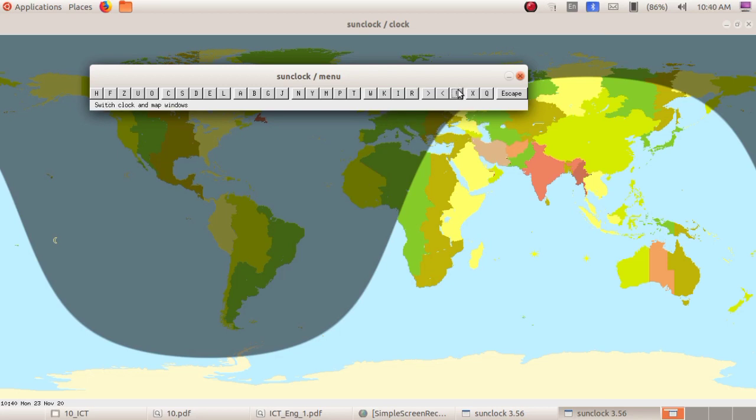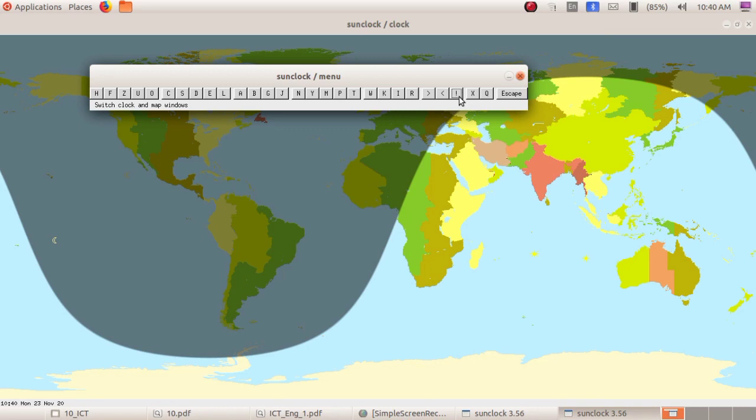This exclamation is the clock and map tool. When I am moving the mouse, you can see the names of each menu. The name of this menu is clock and map tool. What are we using the clock and map tool for? To display the map showing time zones.